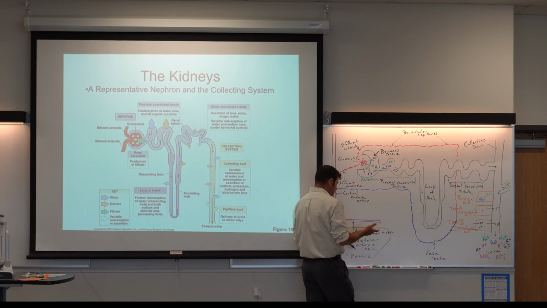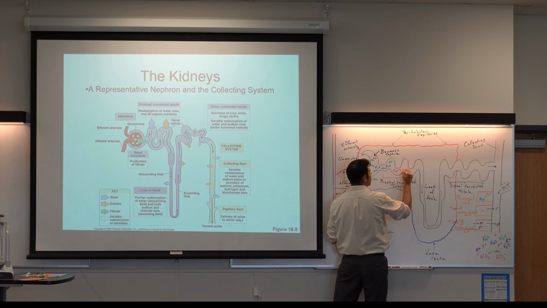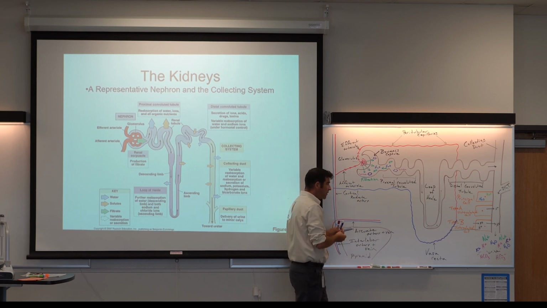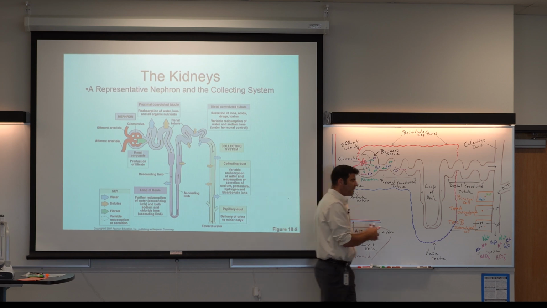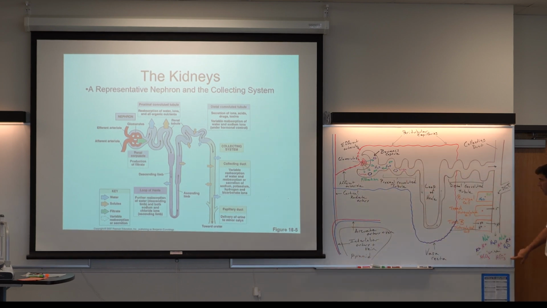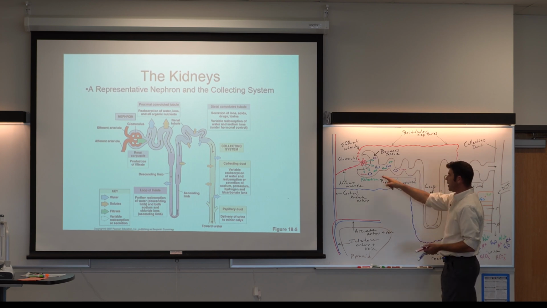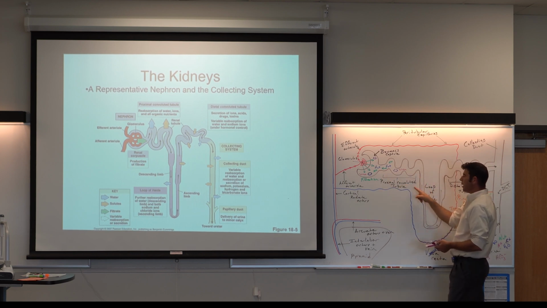And then we could also include waste like urea is also going to make its way out of those little filtration slits and into Bowman's capsule. So it's just selecting based on size. If you're small enough, then you're going to make your way out of the glomerulus and into Bowman's capsule. But some of that stuff we don't actually want to end up down here in the urine. So there are parts of the nephron whose job it is to reclaim some of the things that we would like to reuse. For example, as this filtrate is passing through the proximal convoluted tubule,